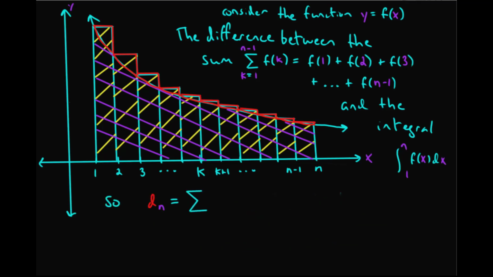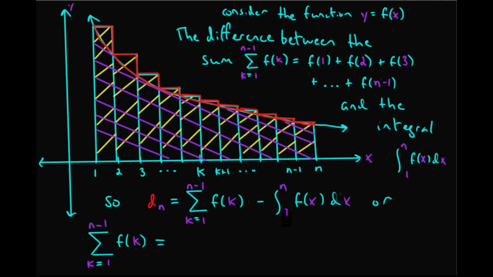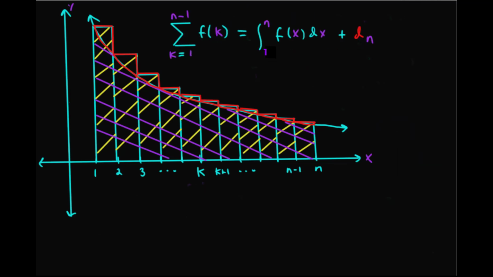It equals the difference between the summation of f of k from k equals 1 to k equals n minus 1 minus the integral from 1 to n of f of x dx. Or equivalently, the sum from k equals 1 to n minus 1 of f of k equals the integral from 1 to n of f of x dx plus d sub n. So I'll bring that formula up to the top of the screen here,